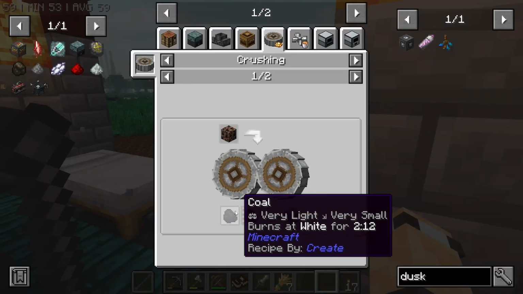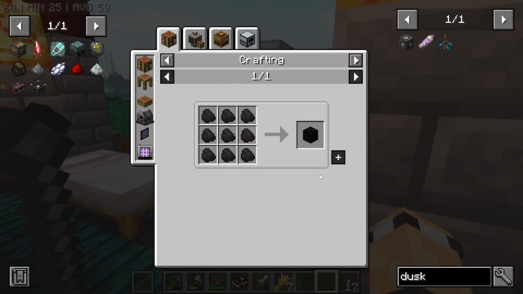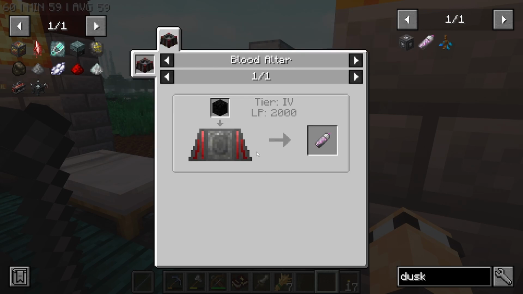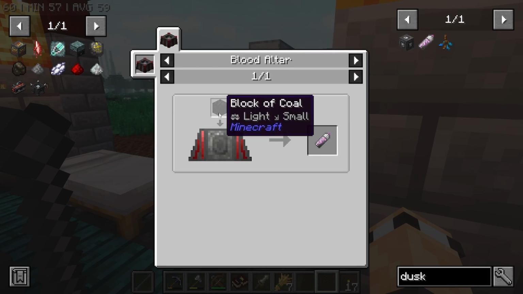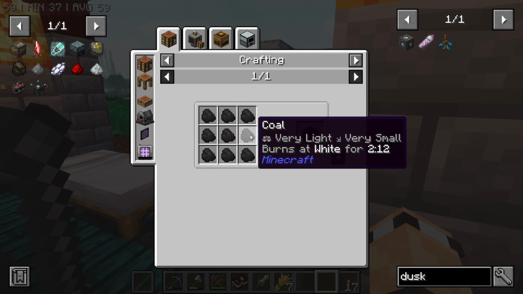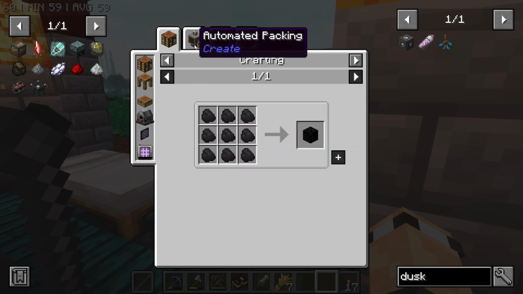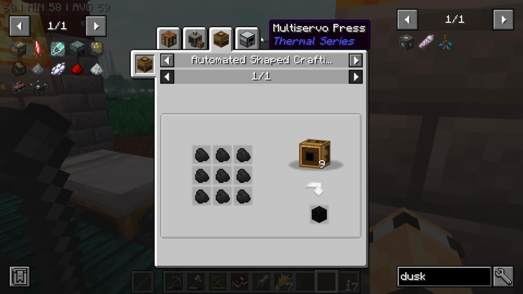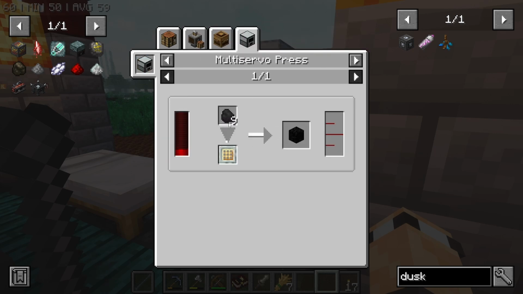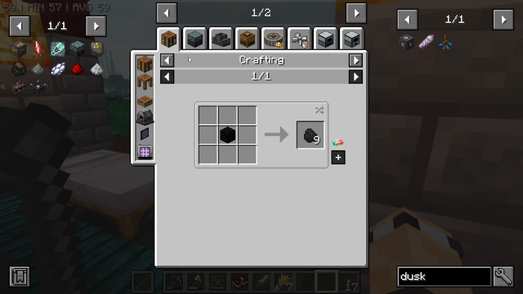Okay, so I was just looking up the dusk rune, and you need a block of coal to do that. I don't think you can use anything else. It has to be a block of normal Minecraft coal. We don't have any coal. That's the issue. There's only one way to make blocks of coal, and that's using coal. You can't use any of the TerraFirmaCraft stuff. And to get coal...